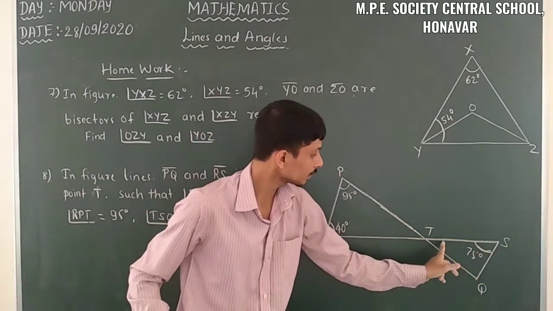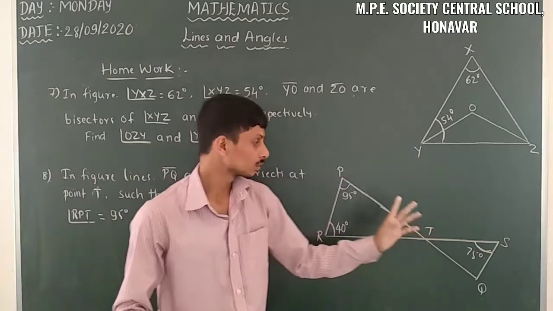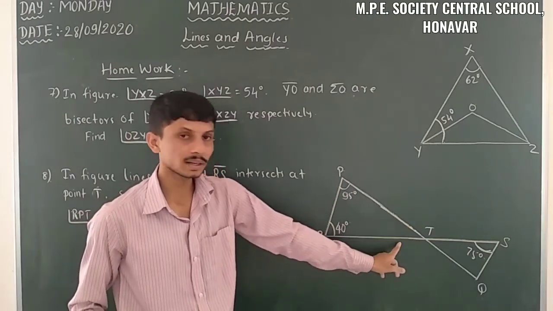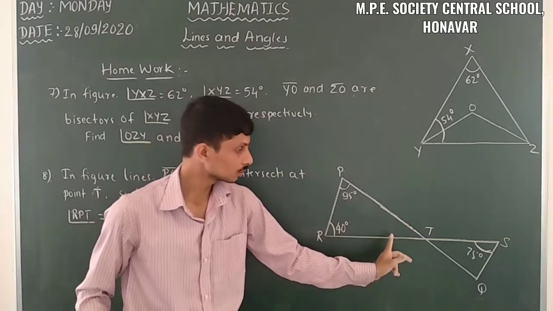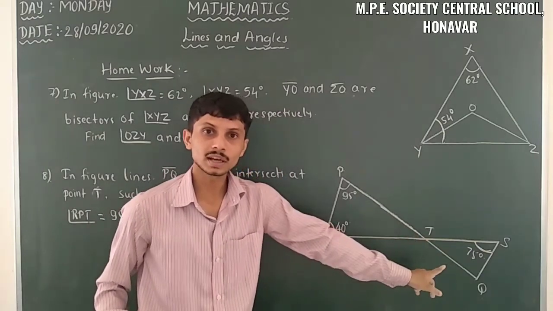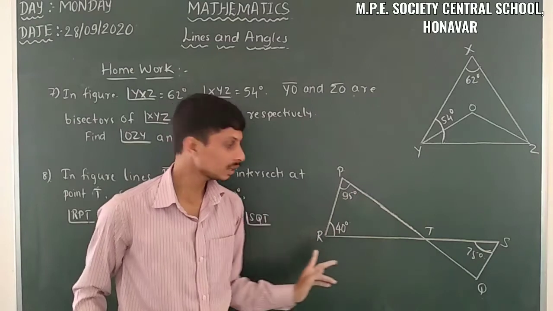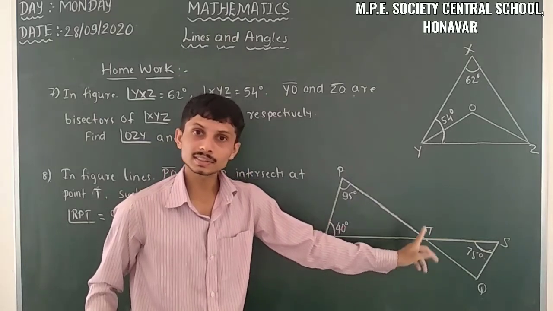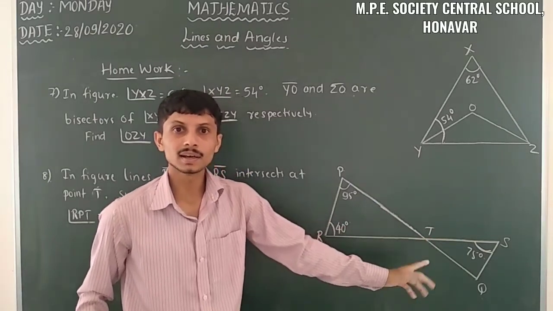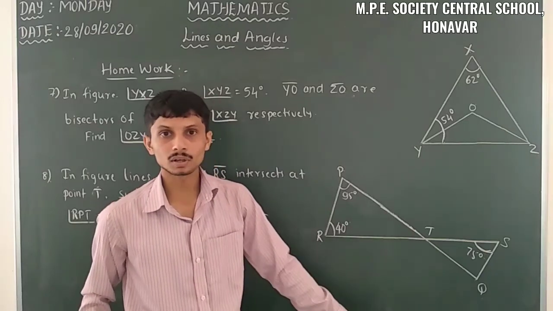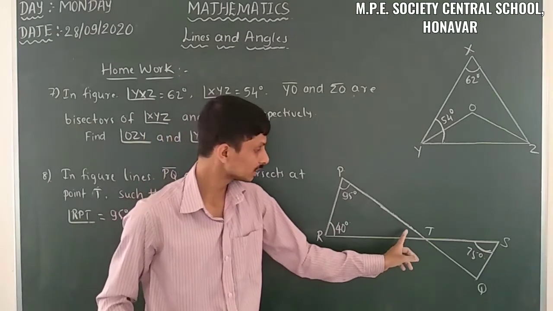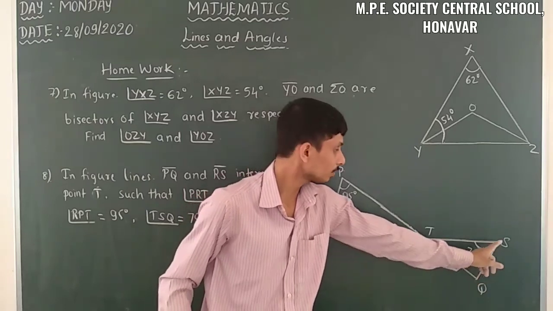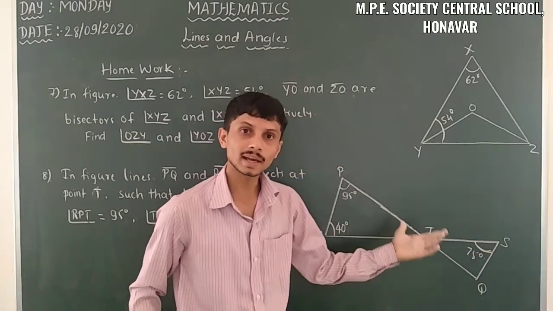When we have this angle, we want this angle. From the angle sum property we can find it out. So how can we find that? Just observe, here two angles are there, so we can find this third angle. These two are vertically opposite angles. When PQ and RS are the intersecting lines, at the intersecting point T we have vertically opposite angles, and those two angles are equal. From theorem 6.2, this angle and this angle are one and the same. When we have this angle, we can find the value of angle SQT from the angle sum property.